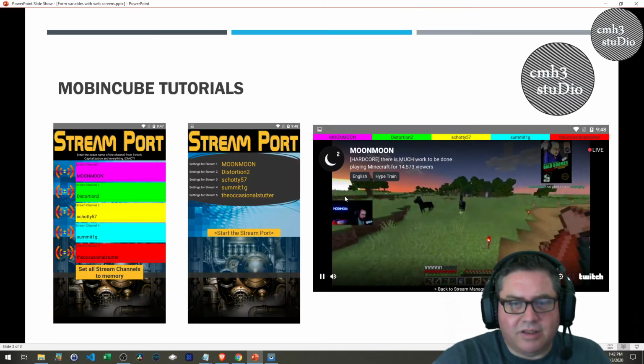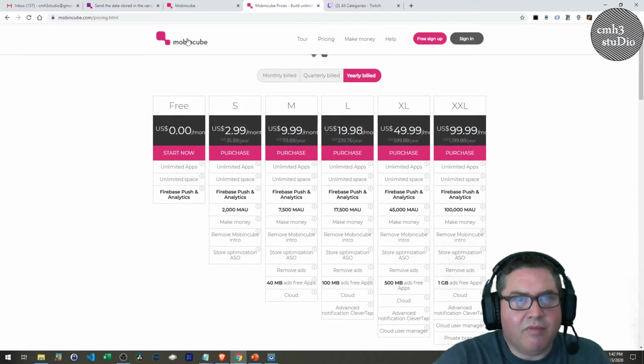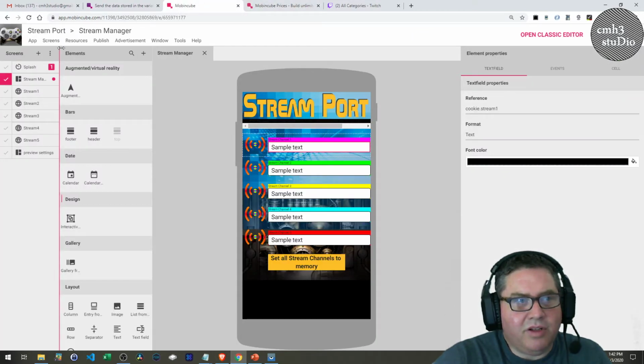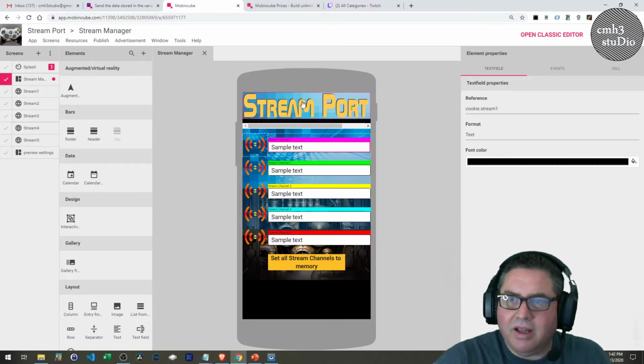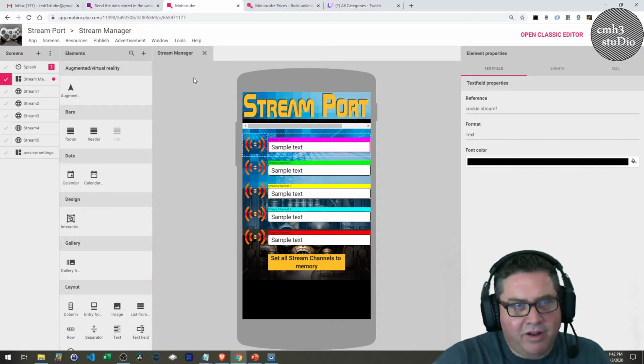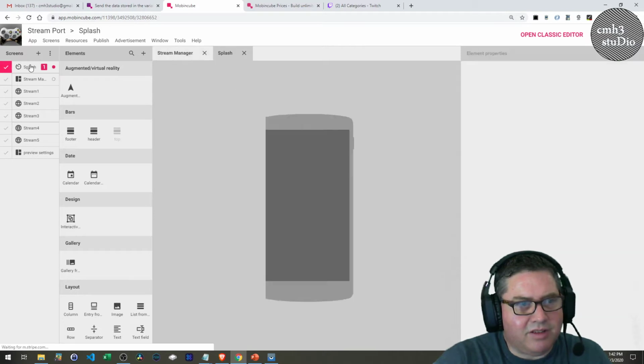So that's what the app looks like. Let's go see how we actually build it. So you log into your Stream to Mobincube, and right now you're looking at the new interface for Mobincube. Here are the actual screens that you saw. This is the splash screen,